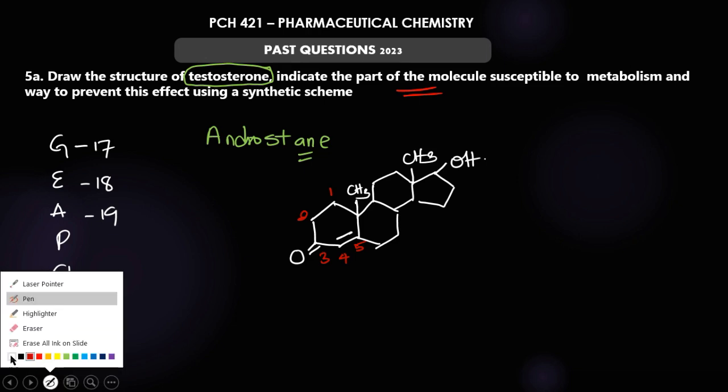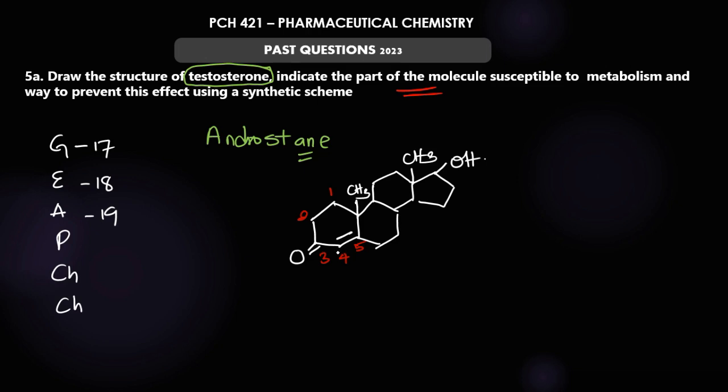Now, one thing you should also know is most times they usually indicate this alpha beta unsaturated ring with delta, which is this symbol here. So when it's something like delta 4, what does it tell you? It tells you that at position number 4 you have a double bond. Now, the next question: this is the structure of testosterone. So you are going to come here and say testosterone. Is that okay? Now, they say